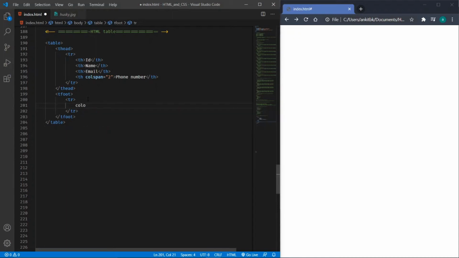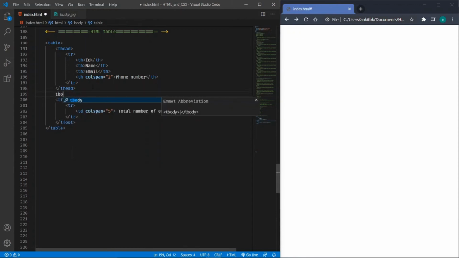I will be providing a td tag with a colspan of 5, and I will say the total number of employees will be 10. So I will be adding 10 employees' data here.